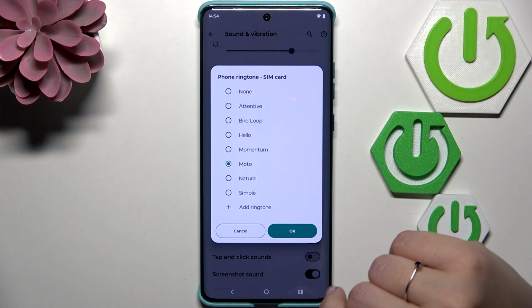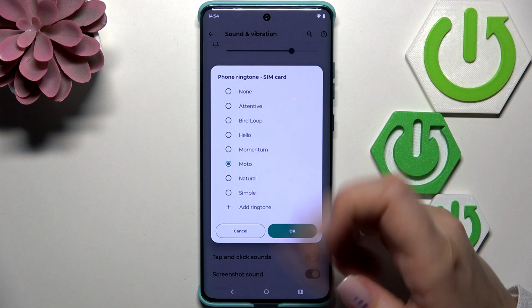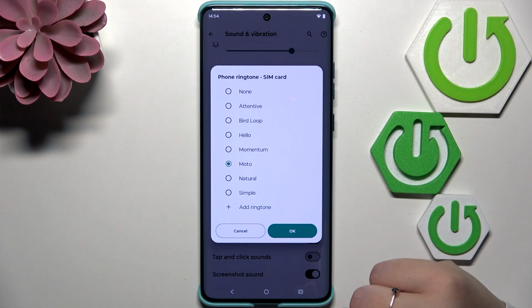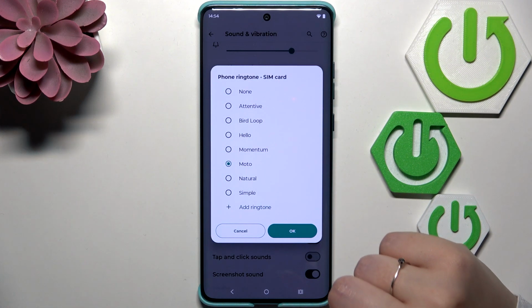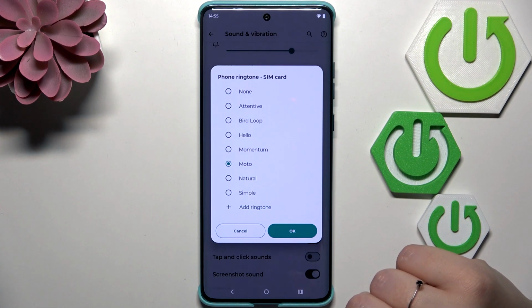After tapping on this option, you will have the pre-installed ringtones from which you can choose. At the top we've got the option None, which means that your device will not use any kind of sound to notify about the incoming call. And on the other hand, at the very bottom of the list, you've got this option Add Ringtone, which means that you can enter your own files and choose something from the options which you've got, for example, downloaded from